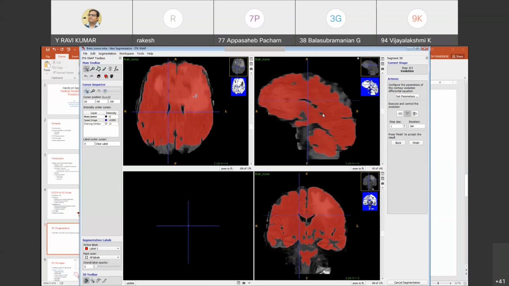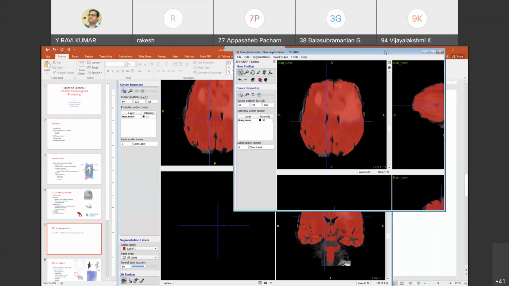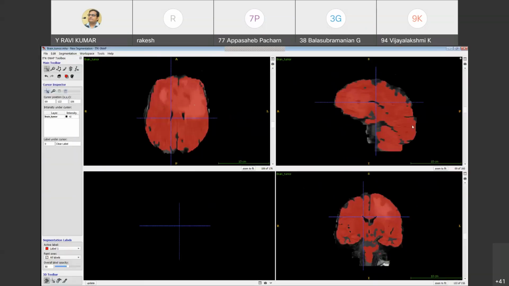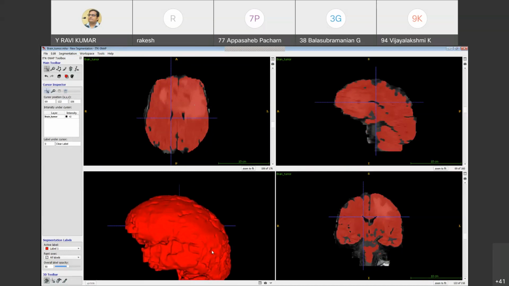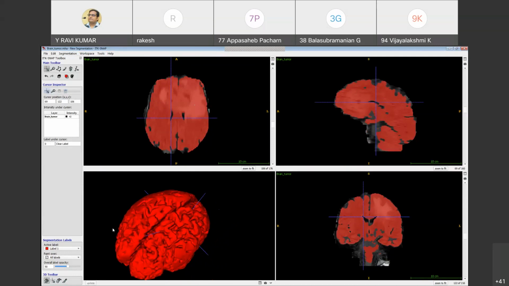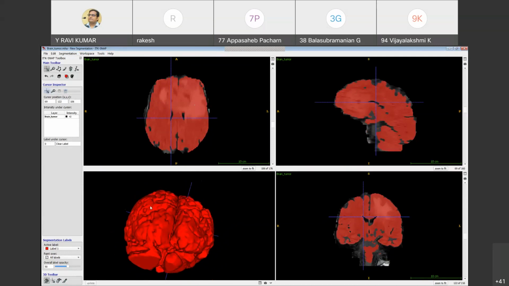It is almost full. Now I can stop. You click on finish. Okay. Now the final step here is you can visualize our model, the brain model, by clicking on update. Okay. We got it.